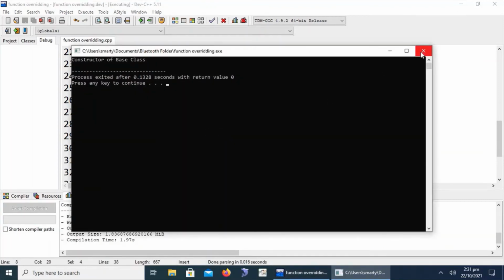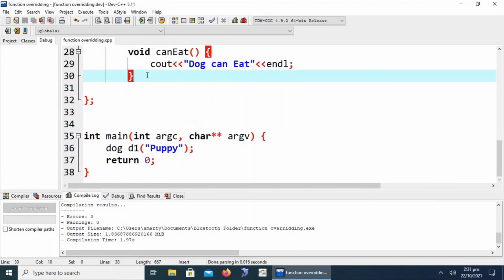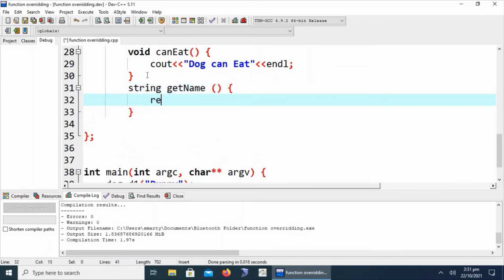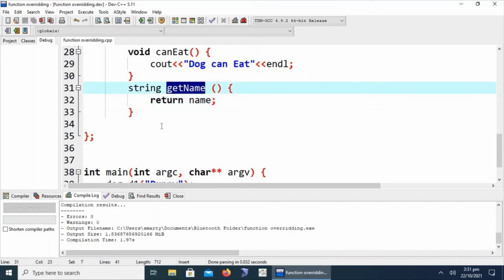This is compiled successfully. The constructor of the base class is called. Let's write down a string getter in the derived class. We will have to return name because name is the protected member from the parent class.